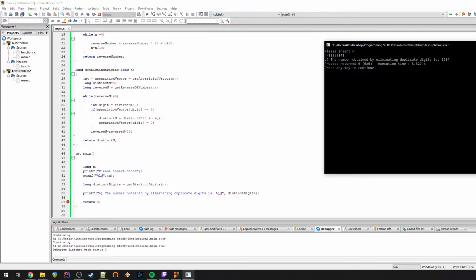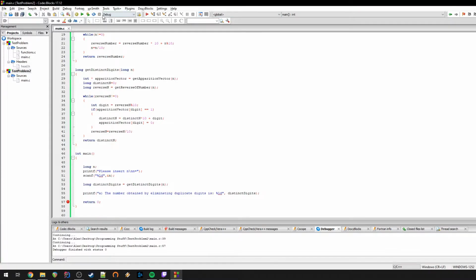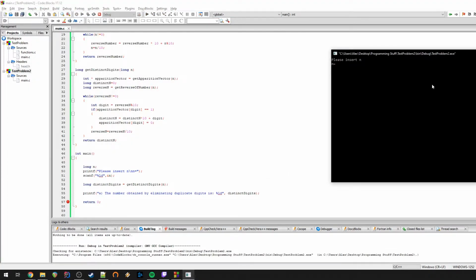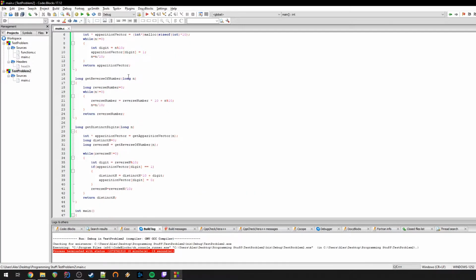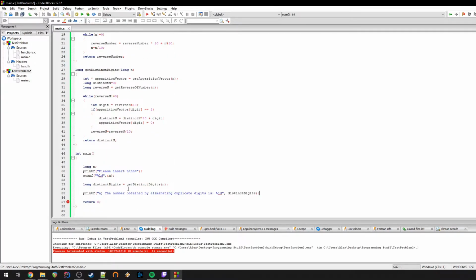Let's check out another number just to make sure that it's fine. So I'm picking 6, 4, 1, 6, 2, 4, 6, 8. And the number obtained should be 6, 4, 1, 2, 8. Okay, 6, 4, 1, 2, 8. There we go. We're fine. We got this. Okay, so this was part A, and we wrote quite a few different functions, but our main